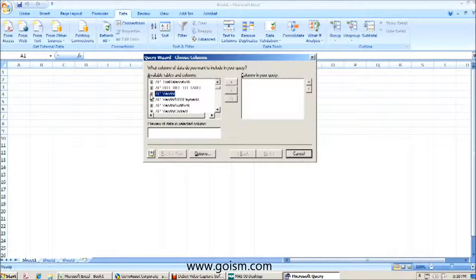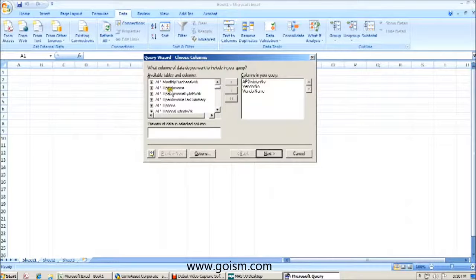table, and as opposed to bringing over all the fields as we did in our first session, we're only going to bring over the vendor number and vendor name. The rest of the information that we're going to use is all enclosed in the AP_open invoice table. So we're going to go back